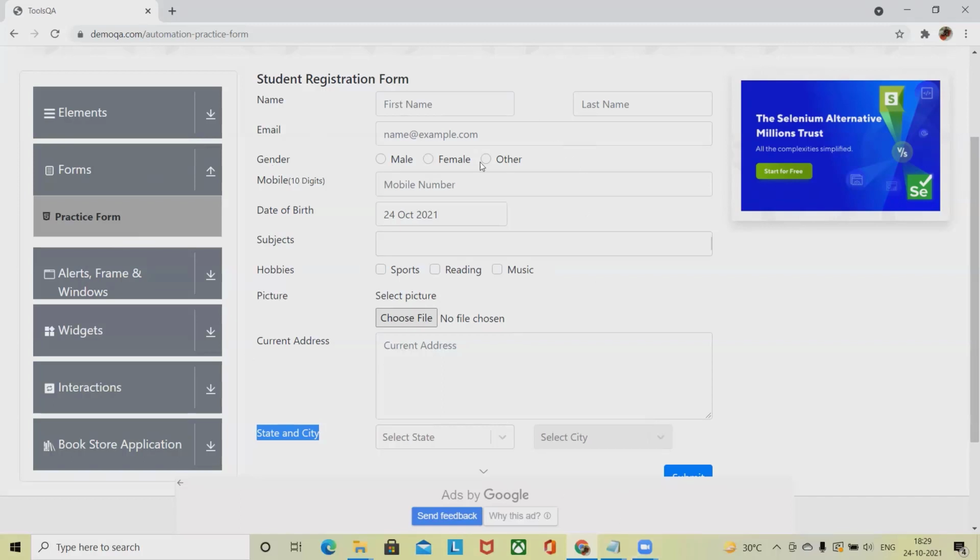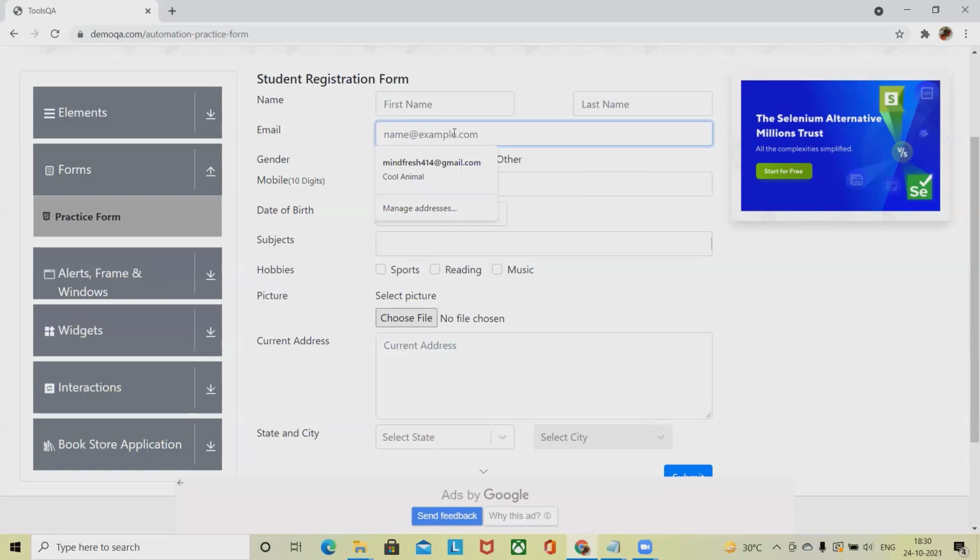Understanding this, we have to check the components. First name should be the first name, which has some limits, a minimum and maximum length for this text box. Then there is the last name. Last name also has some limitations, and it should not accept numerical characters. Normally a name should be in string or alphabetic format. Special characters are also not allowed in the name.